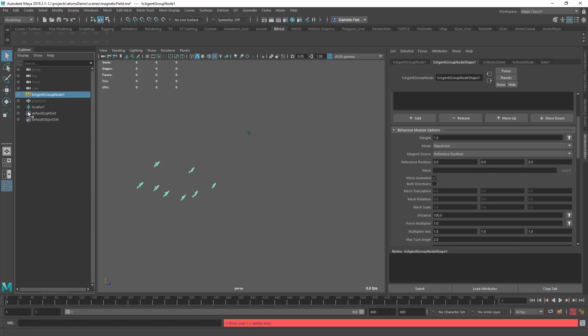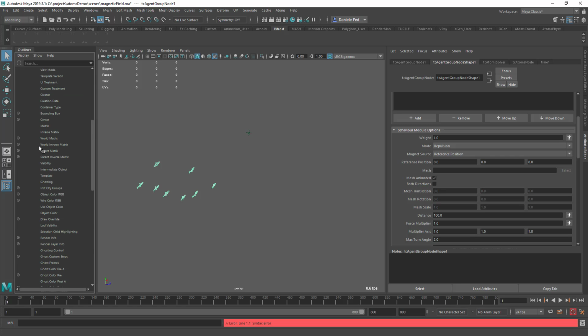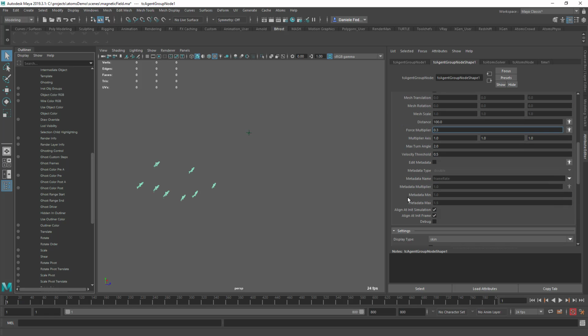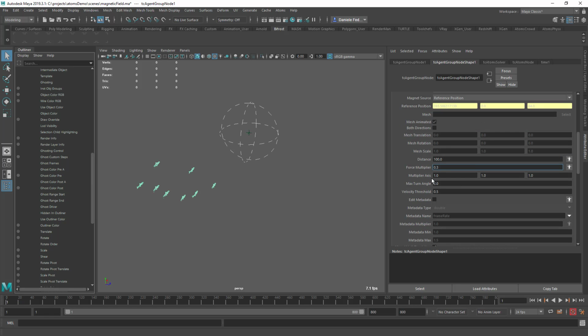So for reference position, it means that you can use a static position, or you can even use a locator position and animate that if you want. So I'm just going to set that value there. I'm gonna keep the max turn angle to 2 for now, and the force multiplier I'm just gonna put it to 0.3 because 1 is a bit too much. And also I'm gonna activate the debug mode. So if I press play now,